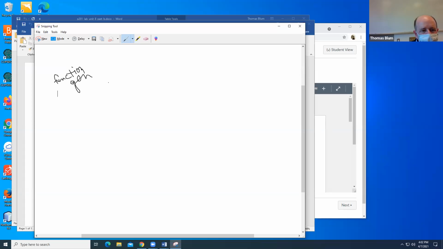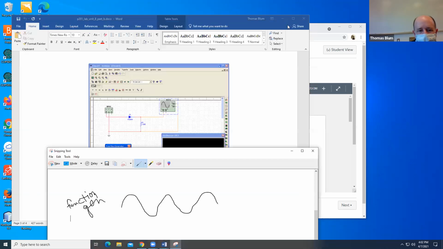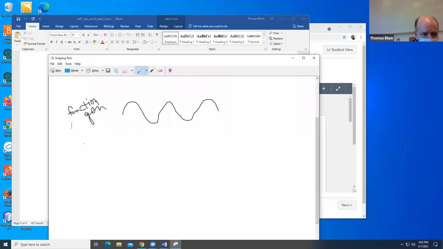gives you, on the normal setup, a sine wave. And so if you don't have the diode, if you just have the resistor, and you put a sine wave into just a resistor and look at the voltage of the resistor, you get out a sine. So you put in a sine wave, you get out a sine wave. And sine waves have positive parts and negative parts. If you include the diode,